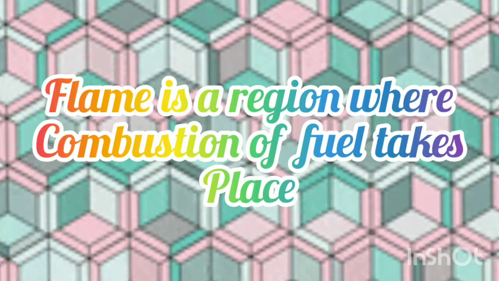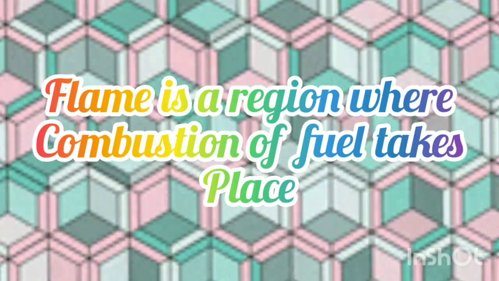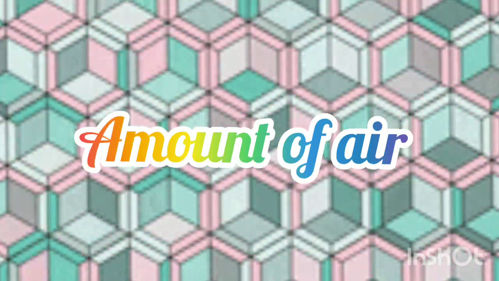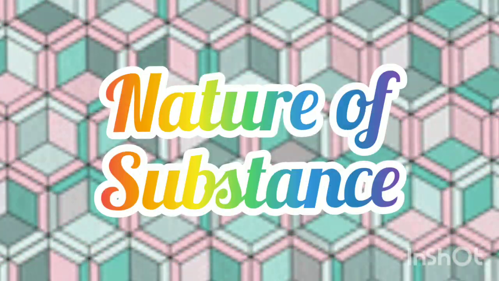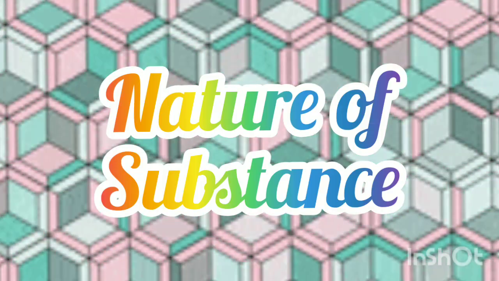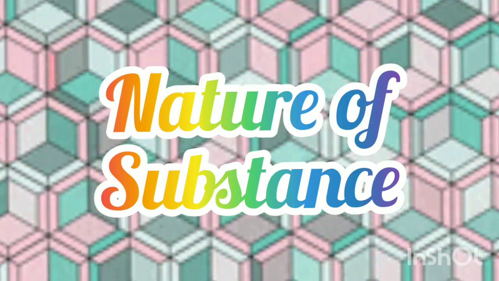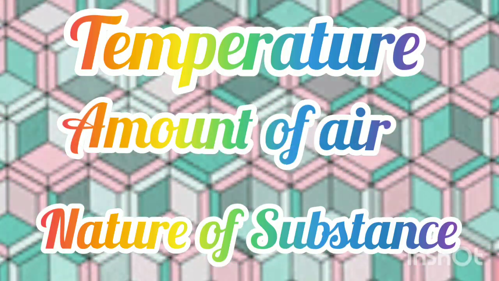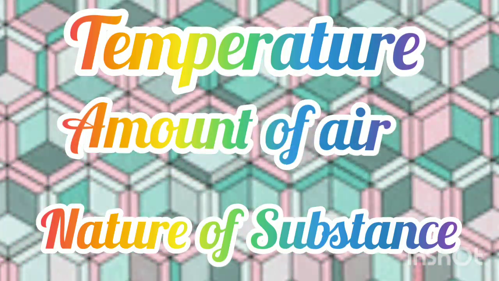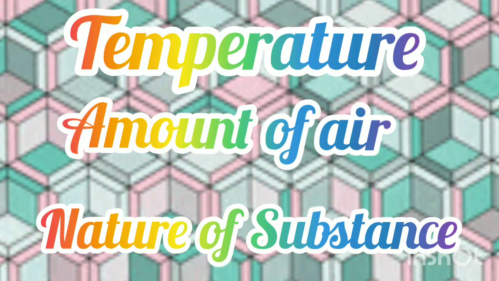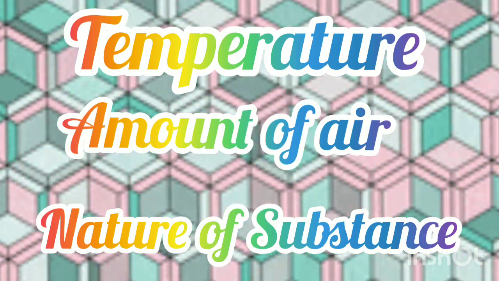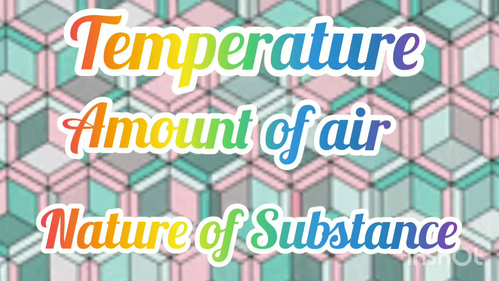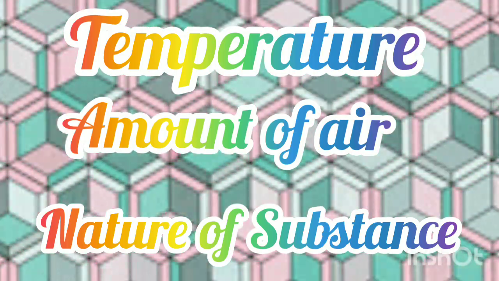The color of the flame depends upon the temperature and amount of air that is present and what is the substance you have taken, that is, the nature of the substance burning. So the color of the flame depends upon three factors: temperature, amount of air available and the nature of the substance burning. Now whenever hydrocarbons burn, it will give a blue or yellow flame. Then the flame